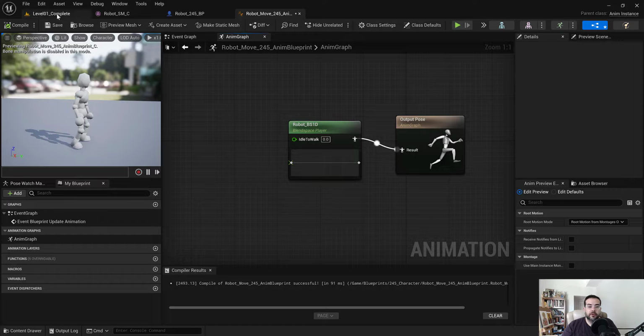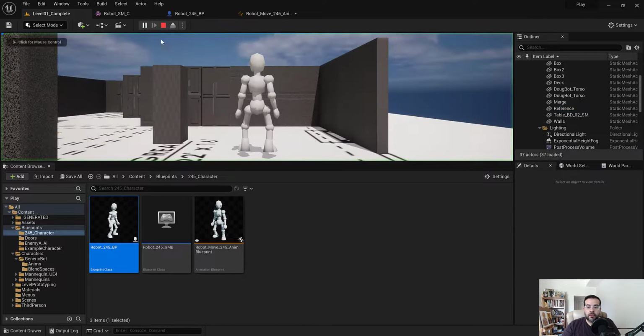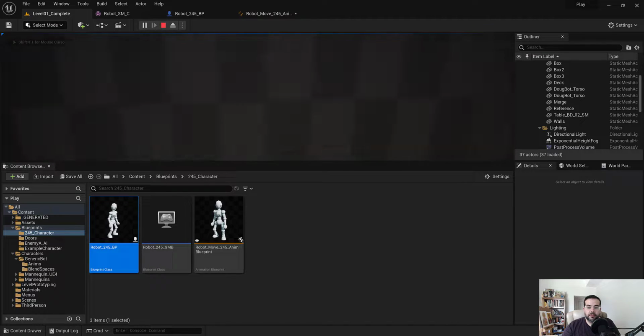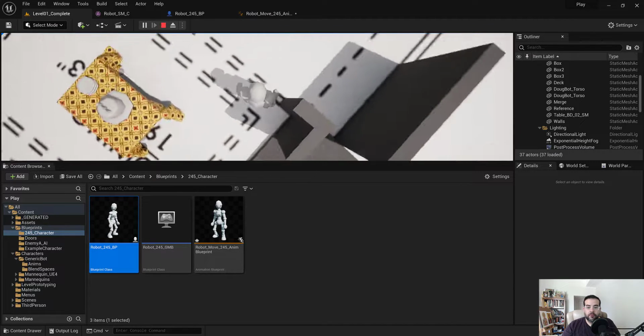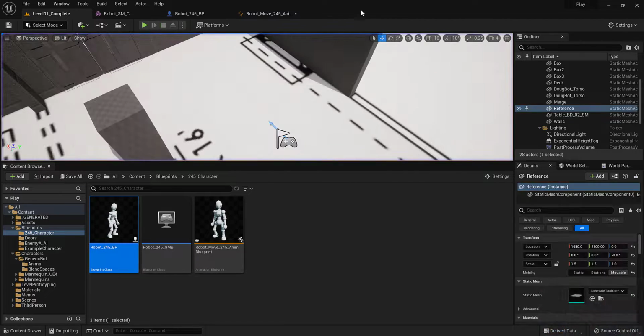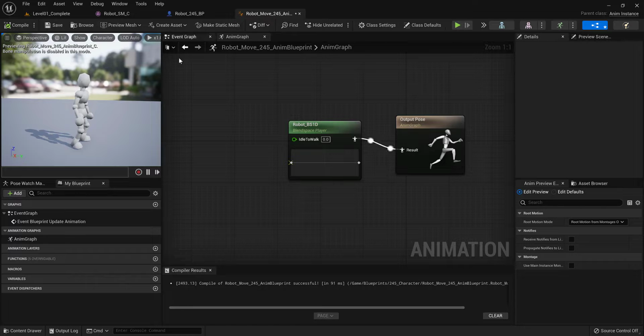Okay, let's take a look at where we left off last time. When I press play, you can see I have my idle animation going, but when I push the arrow keys, I don't get any walk movement. And one other thing is inside of our animation graph, which we created in the last video,